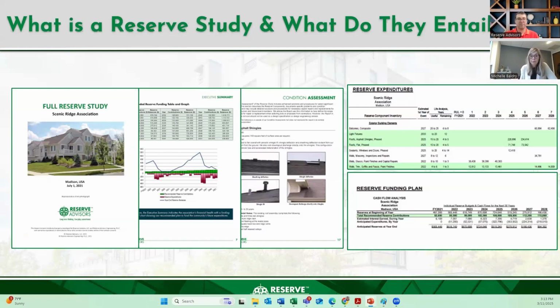Are photographs included? Is there a narrative for every component? What does the executive summary look like, right? So really important to make sure that you are reviewing sample reports. At the end of the day, does it provide all of the information you need in an easy, digestible manner, right? How easy and effective is it for you to utilize?